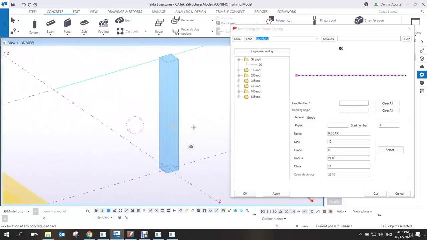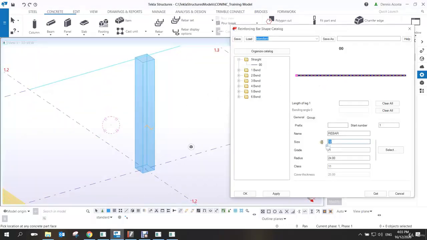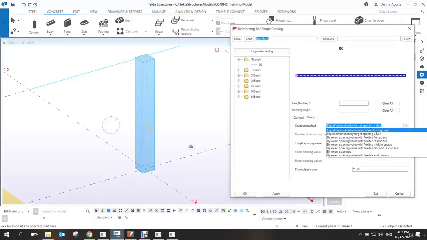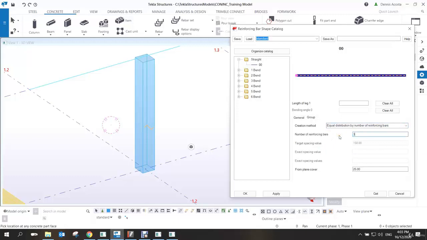What happens here is, if you have the straight bar, you can specify the size. Let's say H20, and then the color is 2, and then the group, let's say the number of reinforcing bars is 3. Plane cover is 35. So if I click apply, this one is a straight bar. Look at my cursor. I'm going to put my cursor on the surface of this column. Look, if I put my cursor here,